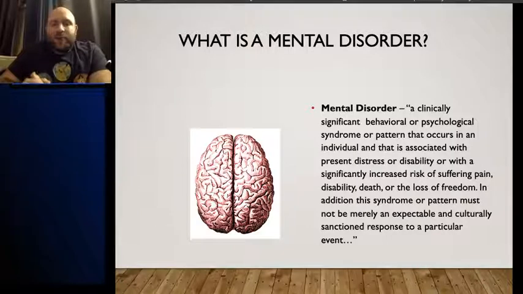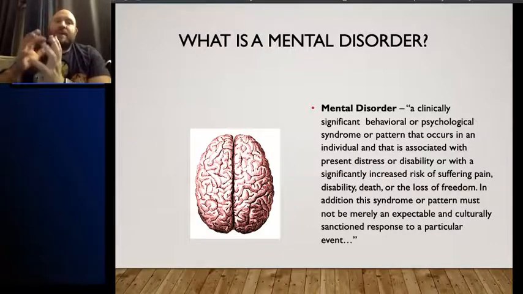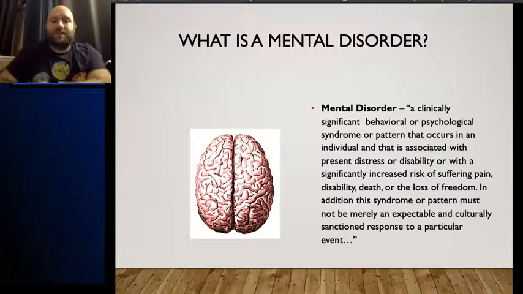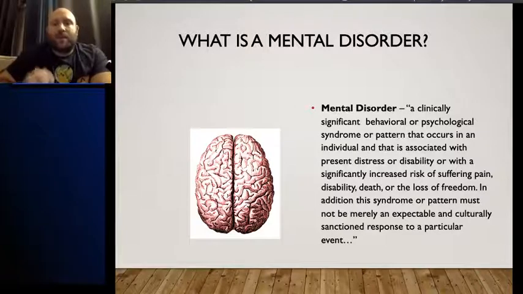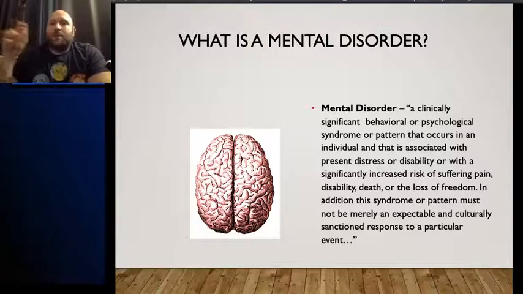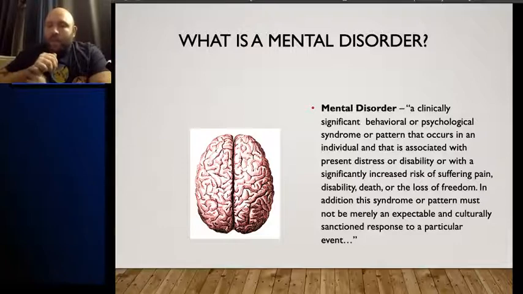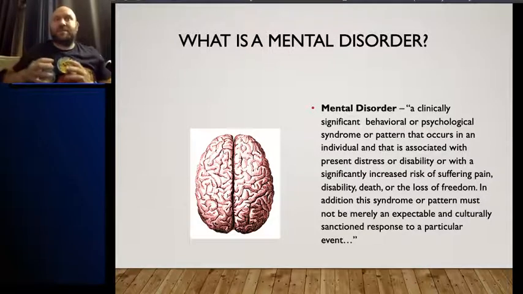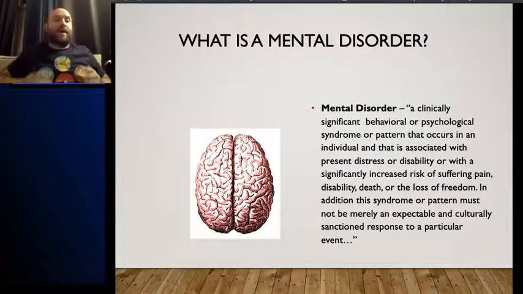And the easiest way to think of a mental disorder is it is a collection of symptoms. It's a constellation, right? That's what these diagnoses are. Just kind of like when you look at the stars in the sky and you kind of look at a certain combination in a certain shape, you start to see things like the Big Dipper, for example. With this, we don't ever focus on just one symptom. It's a cluster of symptoms. It's a bunch of symptoms in combination over a period of time that causes a problem in the person's life,